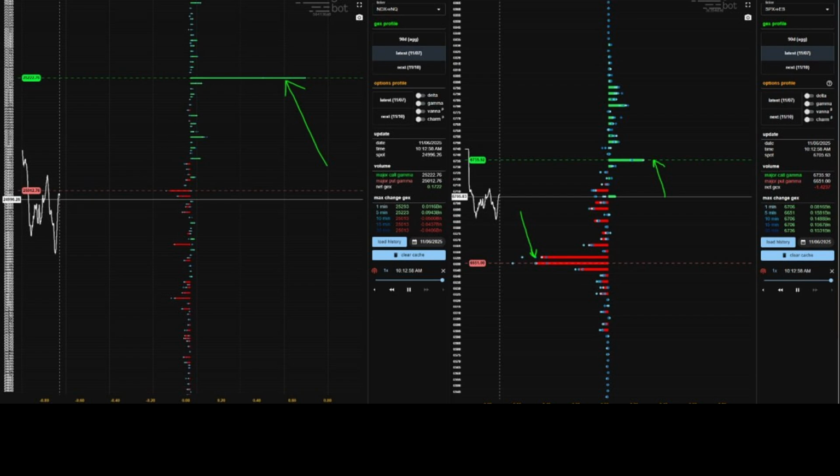Remember that the 0 DTE and this GEXBox picture are from NDX. When you see NDX with a big bar position, this position is not from a retail trader. This position is put there by a market maker or a dealer, a hedge fund, a bank,